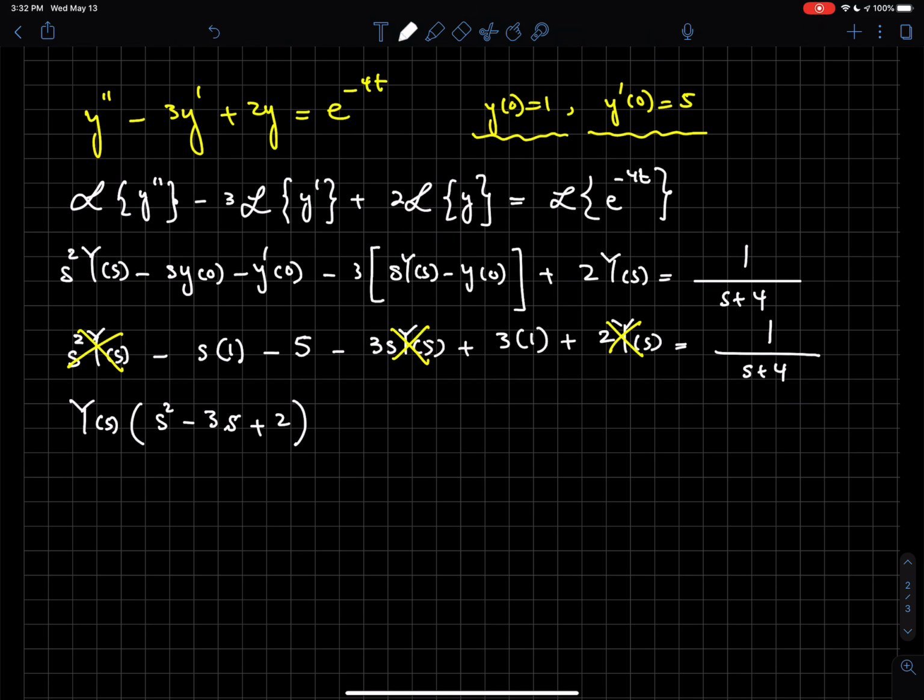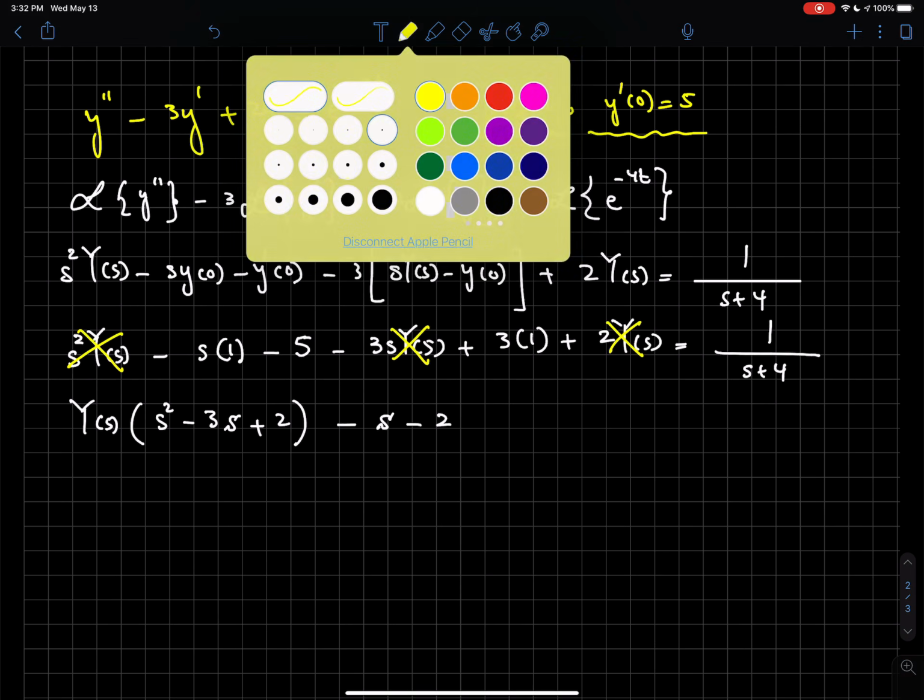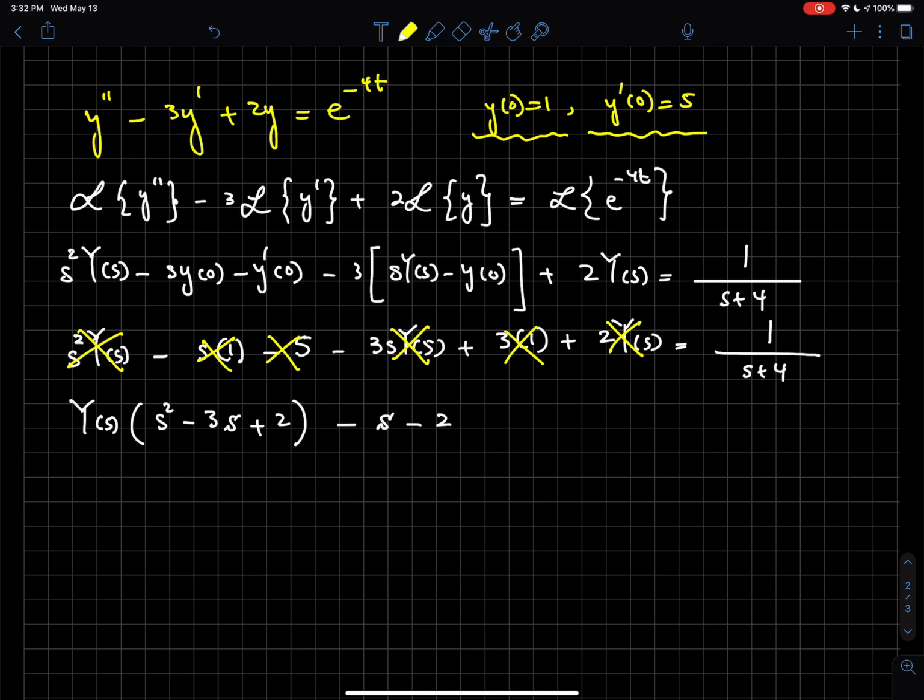Okay, now the next terms are minus s. And I have minus 5 plus 3, which is minus 2. So now these three expressions are gone. So I'm pretty cleaned up with the left-hand side, and the right-hand side would simply be 1 over s plus 4. Now if I rewrite this and clean this up a bit, this is s minus 1, s minus 2, Y of s equals